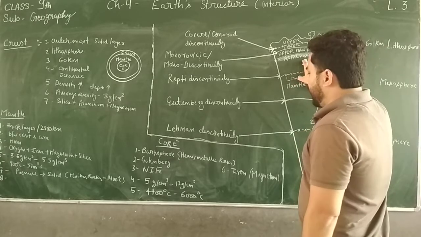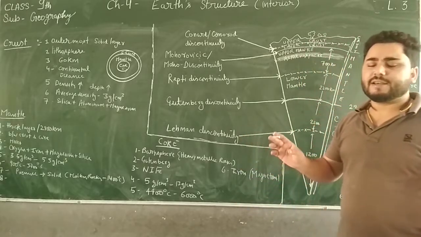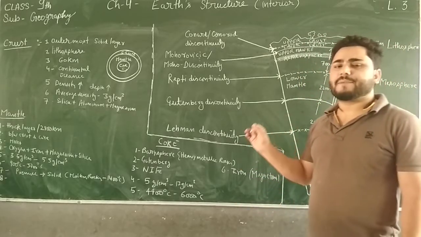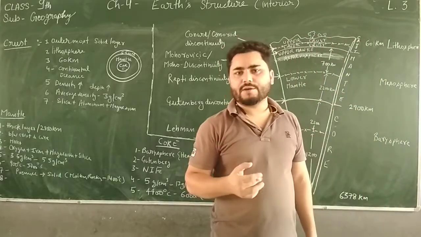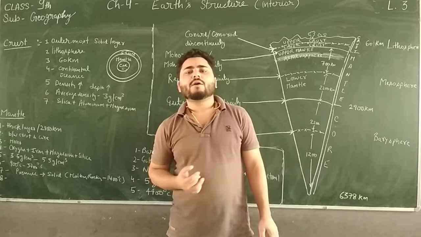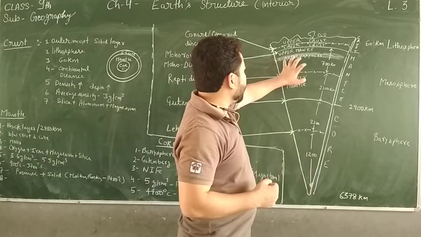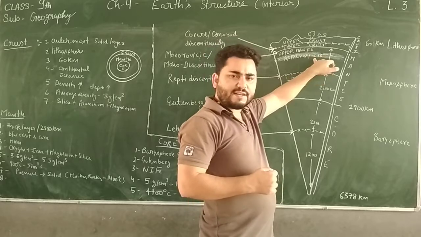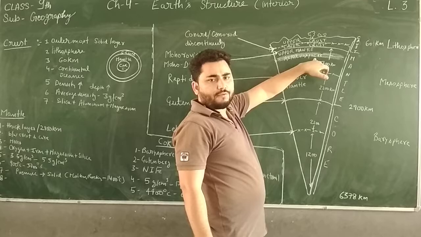If the temperature is 1400 degrees Celsius, that much temperature is sufficient to melt a rock, right? A rock can be melted at 1400 degrees Celsius. So here the temperature is 1400 degrees Celsius, and the rocks are in molten form, but